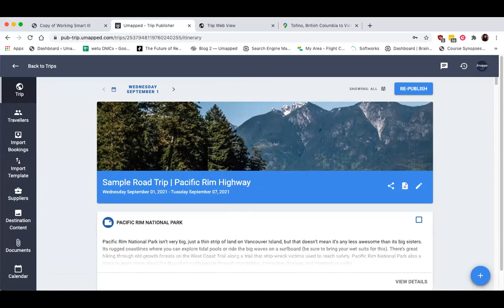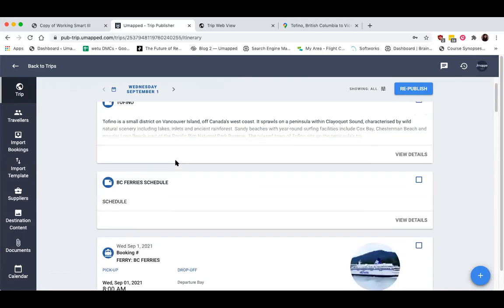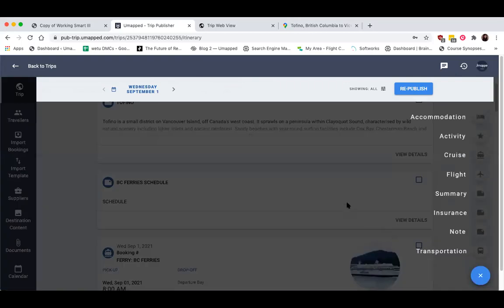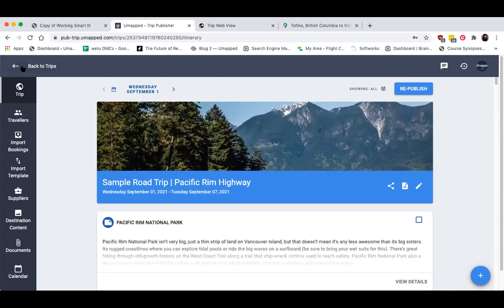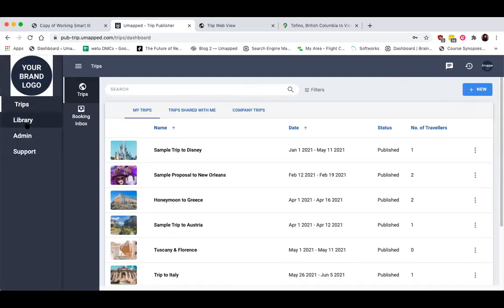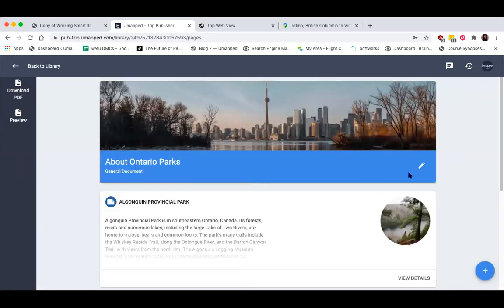Kim asked, sticking with your BC Ferries segment, can you also enter the location so that they can use that to drive there? So that's exactly. With things within your actual itinerary, the first thing I should probably clarify is that location thing that you saw when we were creating a page in my document. So let's just go to this one right here.